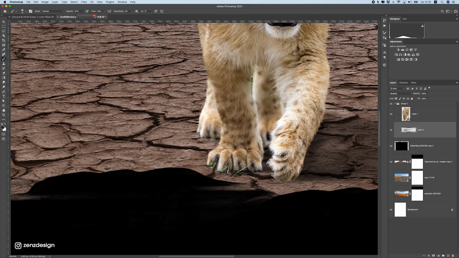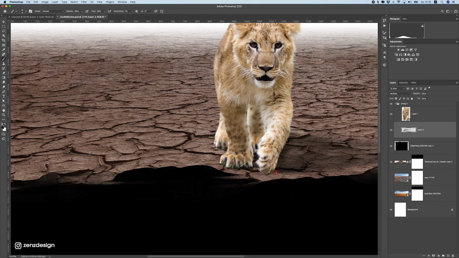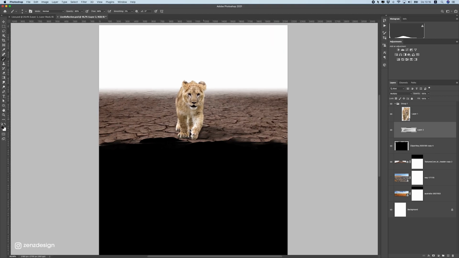And we can make this like opacity and flow around 90%. And make this really dark here. That's where this part touches the ground. That needs to be darker. You can see here there's still some grass going on, but I'm gonna fix that later. Like this, maybe also here underneath it. And that's pretty much it for this.